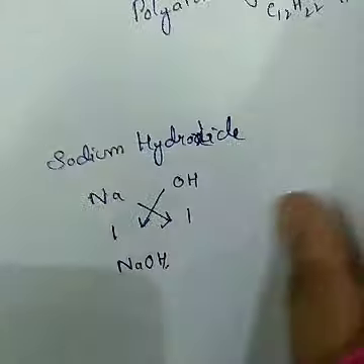Similarly, magnesium hydroxide. Magnesium is Mg, hydroxide is OH. Magnesium's valency is 2, OH is 1. Take the charge of magnesium: Mg gets 1, but OH gets 2. You have to indicate the OH in brackets, because OH is a single group with 2 atoms, and combined you call it hydroxide. So Mg(OH)2. We'll go with some more examples.